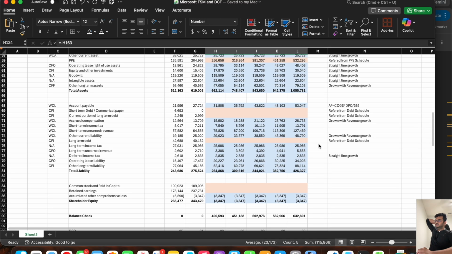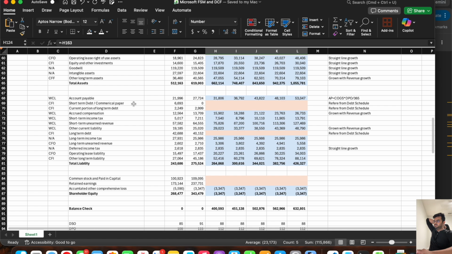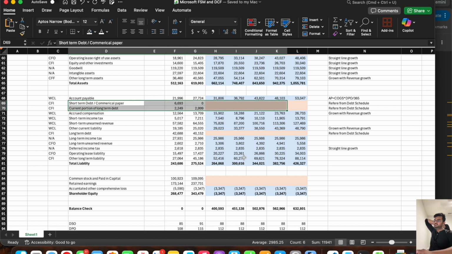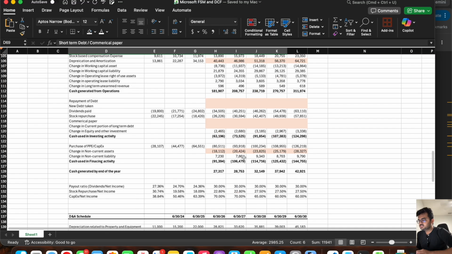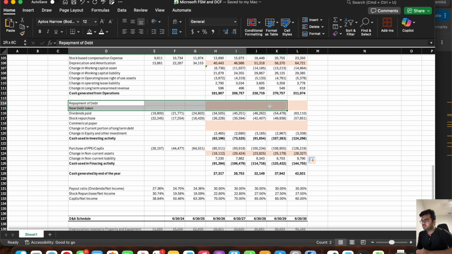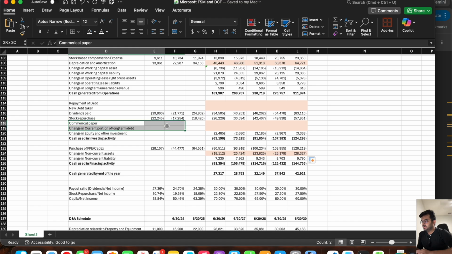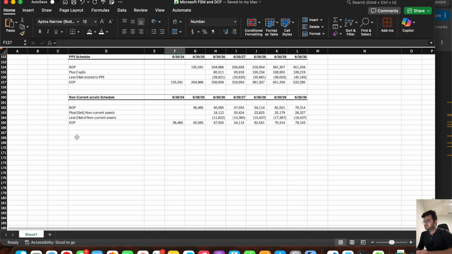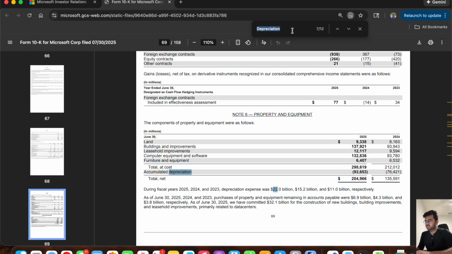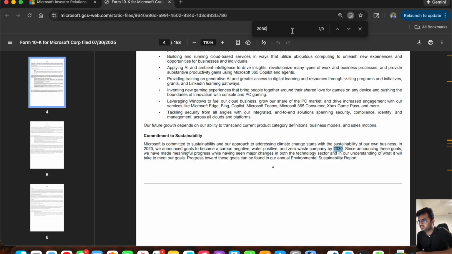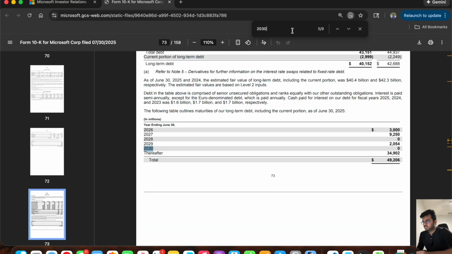Now let's come back and revisit the important part, the long-term debt part or debt schedule. So here what we need is two parts: how much the company has repaid, how much new debt the company is taking, and the commercial paper and change in long-term debt. So we will do this. I'll first go to the 10K and I'll show you one quick schedule here, which I think I already showed. Whatever company you are evaluating, at least most of the US companies, they will have a debt schedule given. If you read it through, the following table outlines maturity of our long-term debt, including the current portion as of